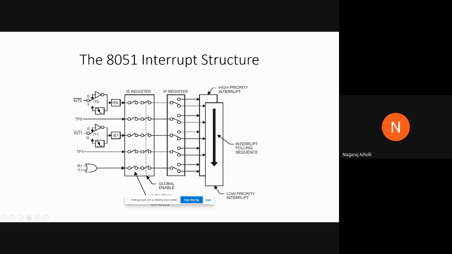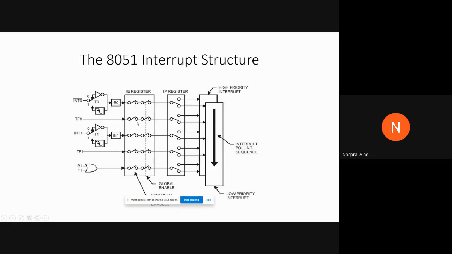External interrupt 1 again depends on whether it is level triggered or edge triggered. Level triggered means it is triggered by the positive to negative going level of the clock pulse, and edge triggered means it is triggered by the positive to negative going edge of the clock pulse. So when the IT1 bit in the TCON register is equal to 0, external interrupt 1 is activated by the level of the clock pulse. Whereas if the IT1 bit is equal to 1, then external interrupt 1 is triggered by the negative going edge of the clock pulse.